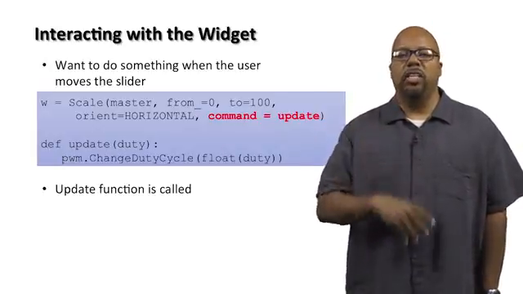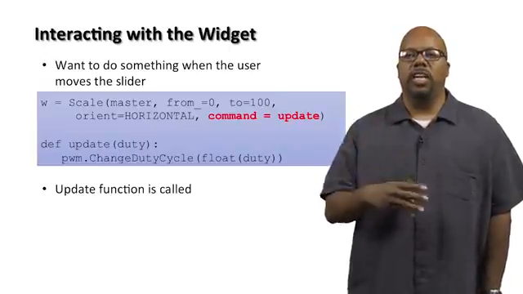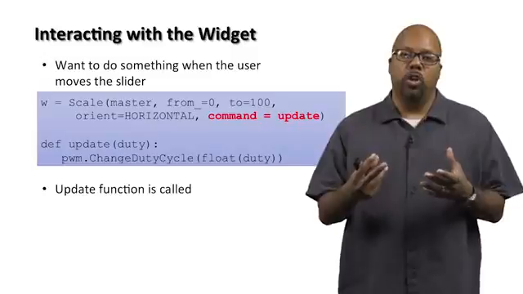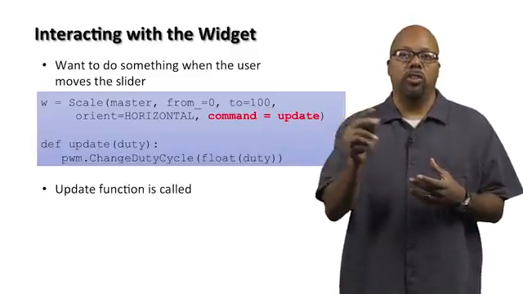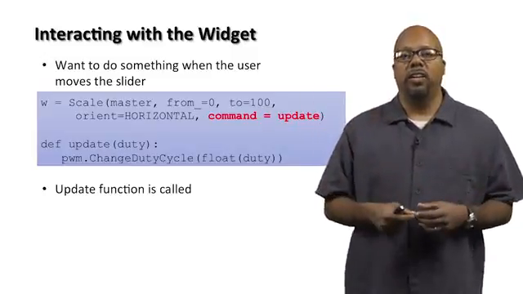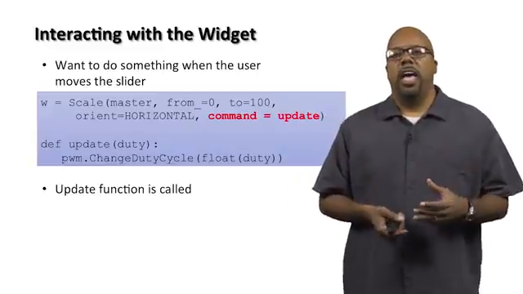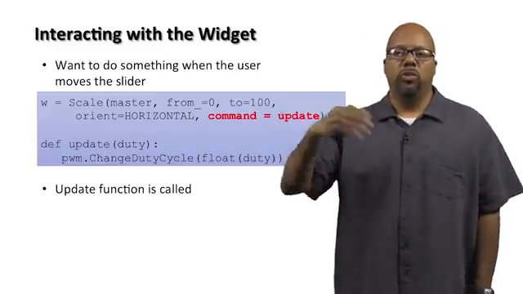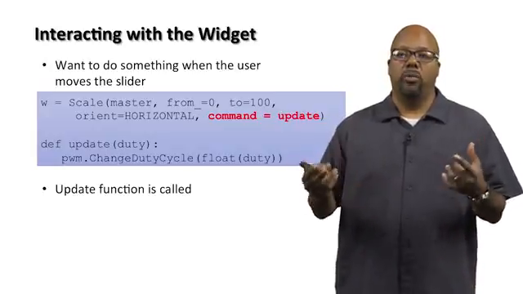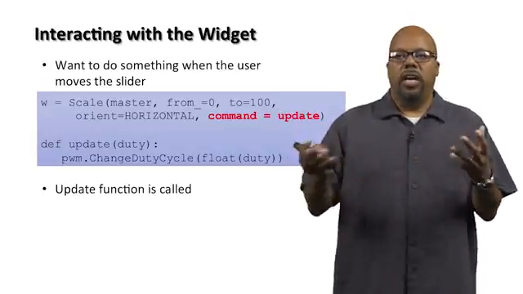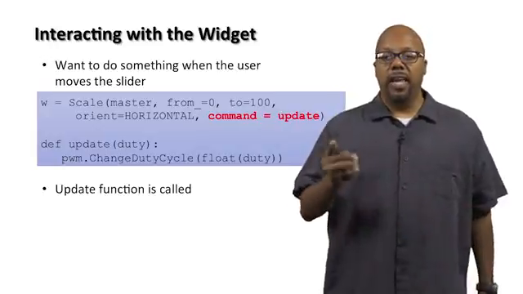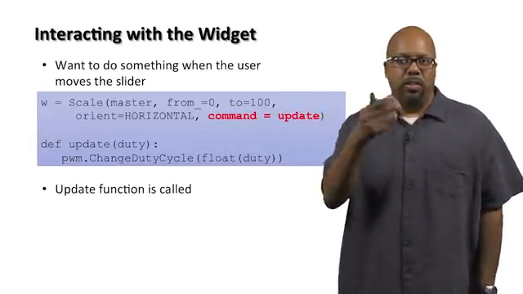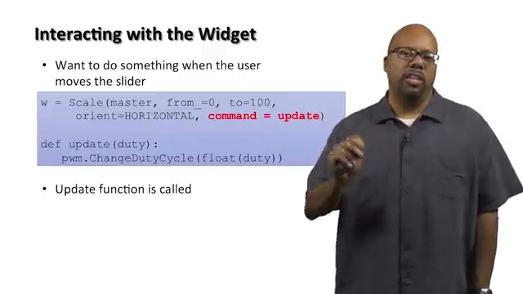So you can see we've written a definition of an update function. Def update duty, it takes an argument, right? Remember I said that this update function has to take one argument, the value from 0 to 100 that the scale is containing. So it takes that as an argument, and inside there we call pwm.ChangeDutyCycle of float duty. We make duty into a float, and then we pass that to ChangeDutyCycle. So now, whatever the new scale value is, because this update function only gets called if somebody moved that scale,